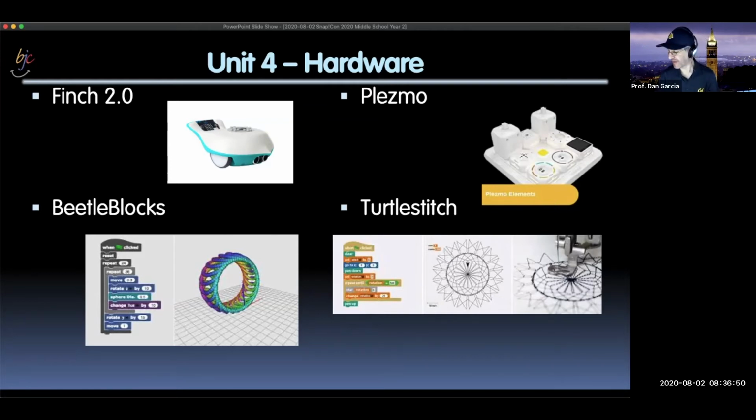Plesmo, let me just give you a little taste. Plesmo is a set of devices, Internet of Things, but wireless, fully wireless. And Bernard has helped me last year in trying to create a kind of library that works with Snap.